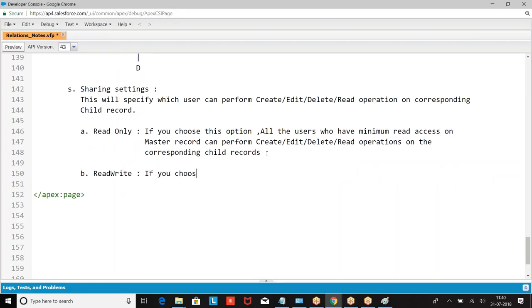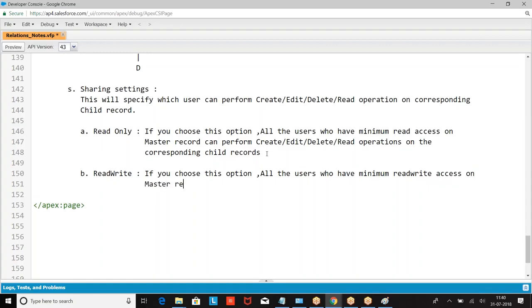So, if you choose this option, all the users who have minimum access, or can perform, create,